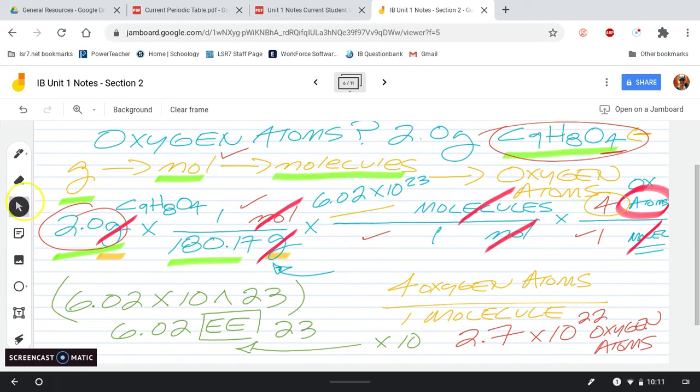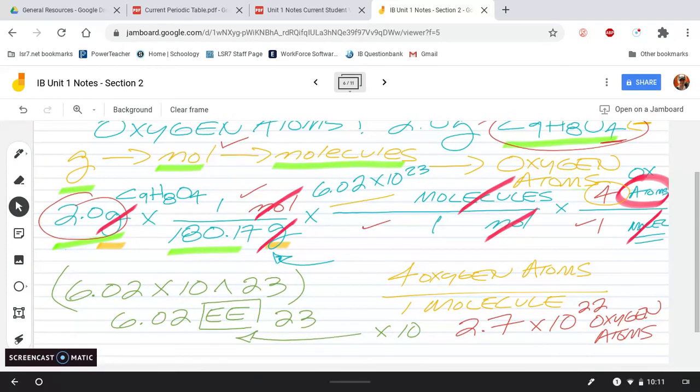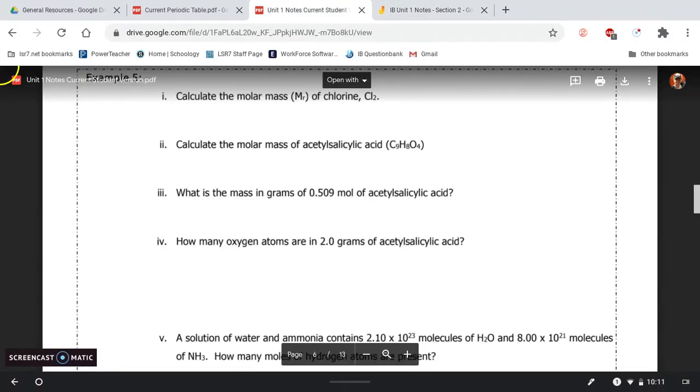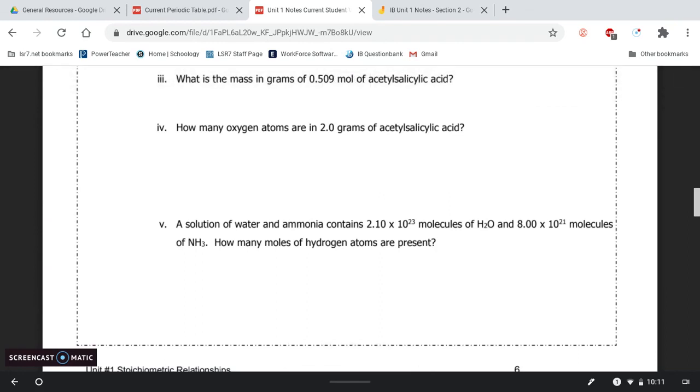Okay, so challenging problem, but you guys can go through it and manage it. And like I said, if you're struggling with anything with this format, you can always go back and relook at something. Okay, so we're going to have you guys take a look at the next one, which is you've got molecules of 2 things, and they want to know how many hydrogen atoms we have total. So the key here is to take your molecules and turn them into atoms for